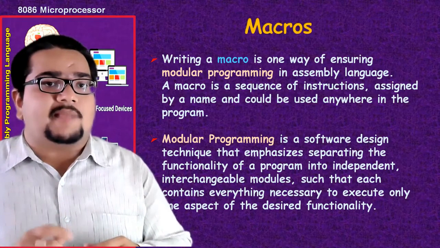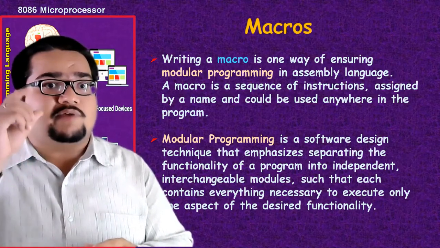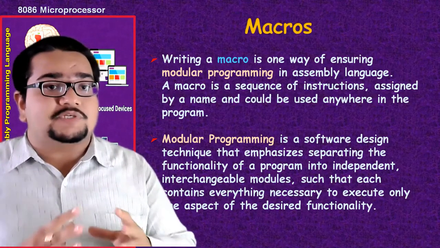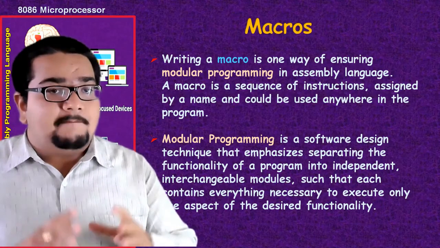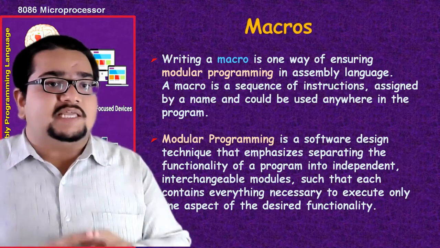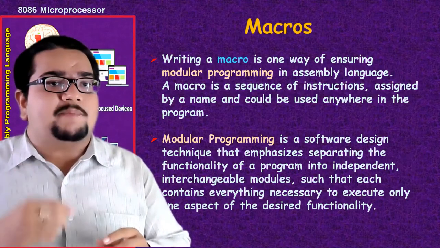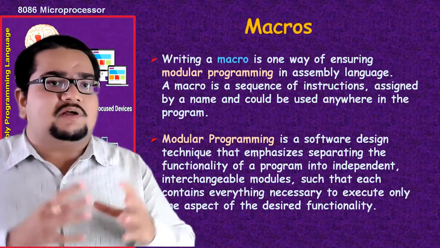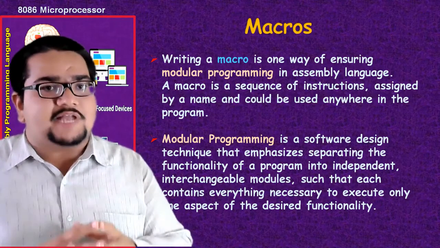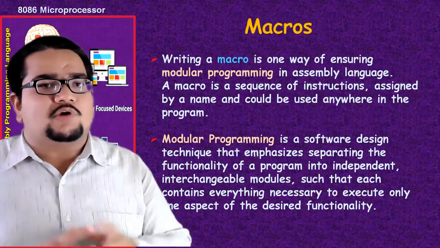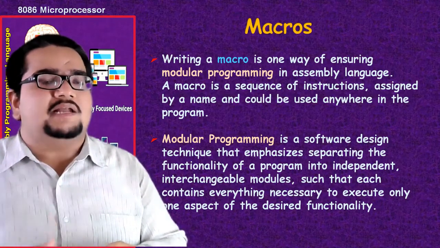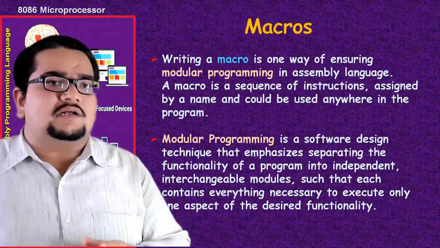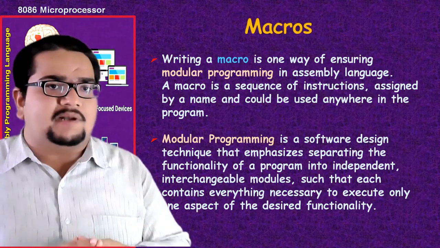Anytime we write the name of that macro, the instructions we wrote in that macro will be copy pasted into the main program. As I said earlier, a procedure technically reduces the overall size of the program, but macros will not. Once we write the instructions, they can be copy pasted many times just by writing the name. So human effort and human perception of the program size will be reduced, but in the computer sense, the program size will not reduce, as the instructions are copy pasted as many times as they are required.